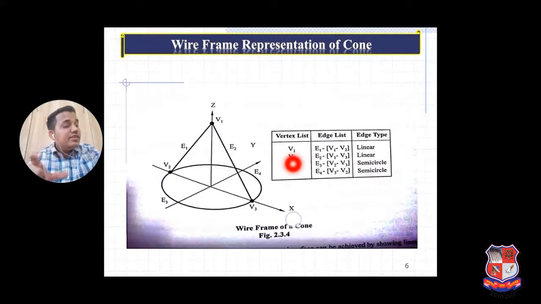And if I say semicircle, then from the second chapter, our circle algorithm, the Bresenham circle algorithm, we have to know that we have to draw pixel formation in the semicircular manner. Here the two points have semicircles, starting from V2 to V3 and V3 to V2, which is also a semicircle. So this is the wireframe representation of one cone.